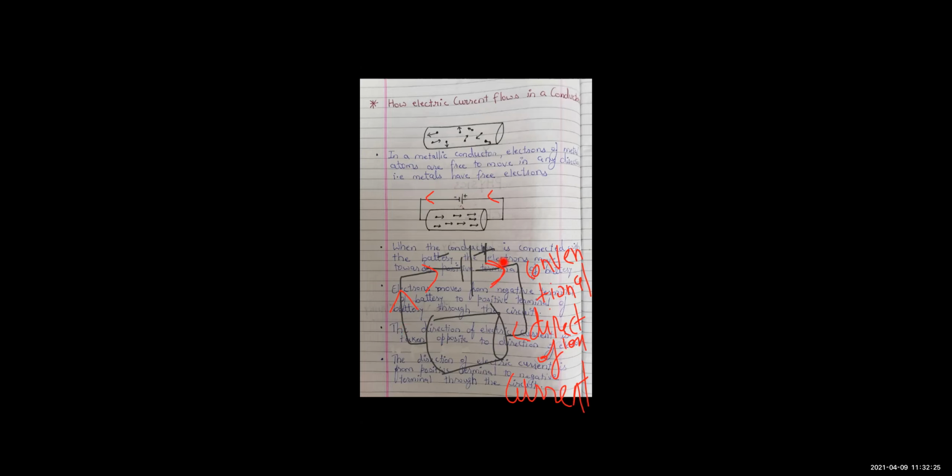So the conventional direction of current is opposite to the direction of electrons. This can be one of the questions: state the conventional direction of current, or state the relation between the conventional direction of current and the direction of electrons. So we will say that the conventional direction of current is from the positive terminal through the circuit to the negative terminal, and it is opposite to the direction of electrons. Getting children? So this is all about the flow of electrons and the direction of current.